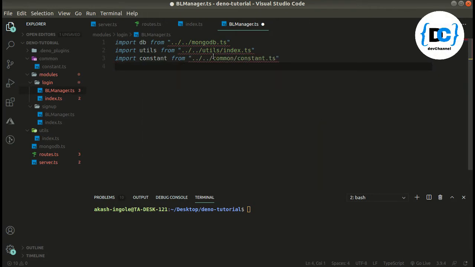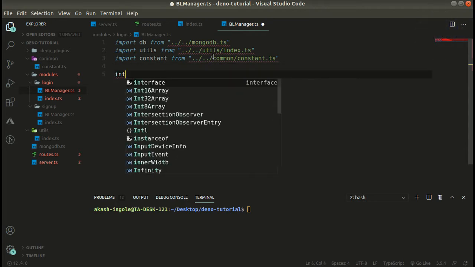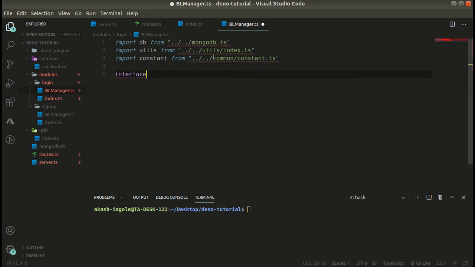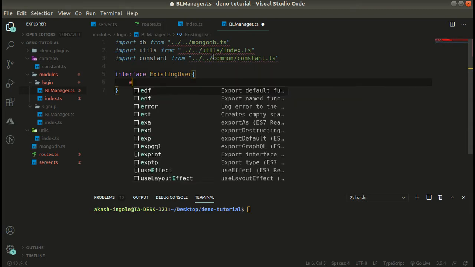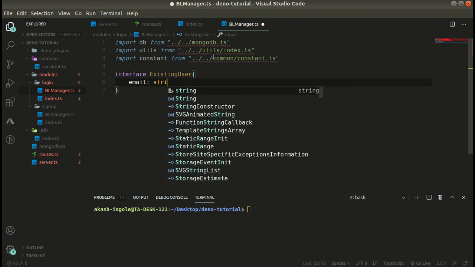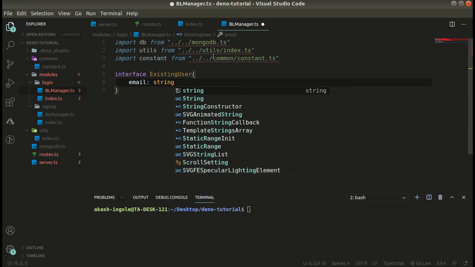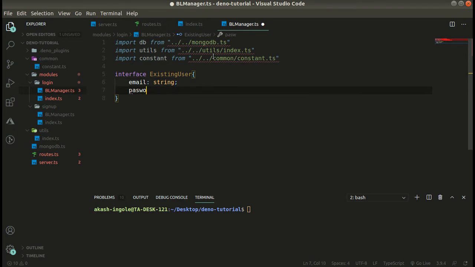That's it. So our request for this login will be something like, let's give it the name existing user. We will send email and password. So this is how our request will look like.